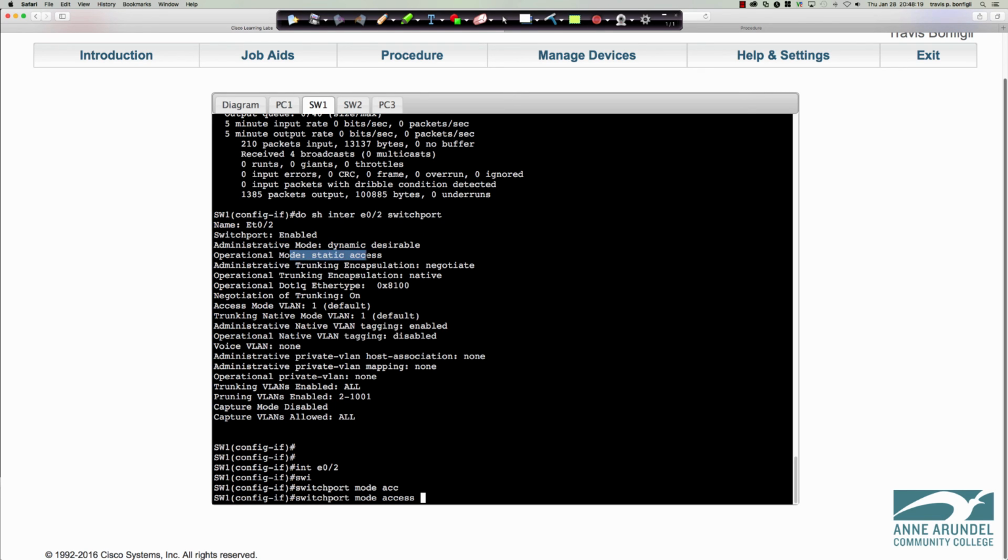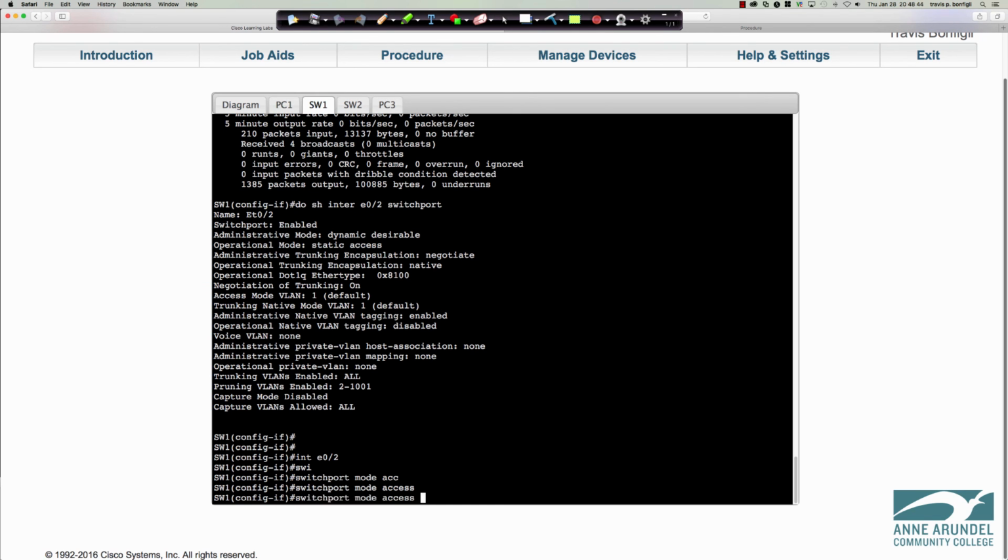The operational mode, because it couldn't negotiate a trunk, simply falls back to an access port, which is why we were able to put zero configuration on there, and PC1 and PC2 are pinging each other, and everything is working great. Because by default, those are going to become access ports, and they're going to be in VLAN 1 together. So I'm going to say switchport mode access,